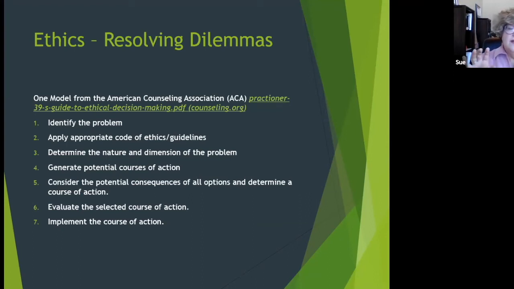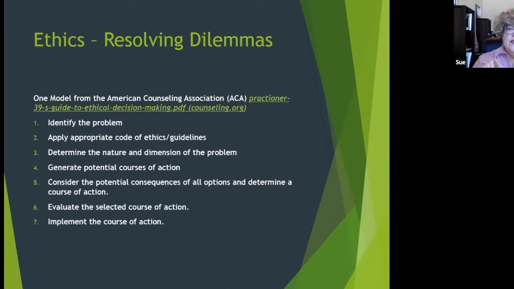This model is a 7-step model, and I chuckle because a lot of people go, that's a lot of steps. But when you're having an ethical dilemma, sometimes it's nice to have enough structure to really think things through. And if you are consulting with someone around an ethical issue, again, be transparent with your supervisee, who also, by the way, should be transparent with their clients that they're in supervision. That's ethically really important, and it's spelled out very specifically for some professions, that a supervisee who's in supervision has that laid out as part of their informed consent.